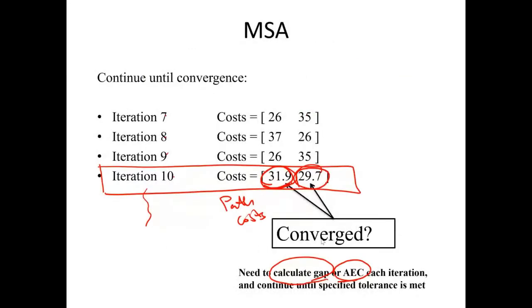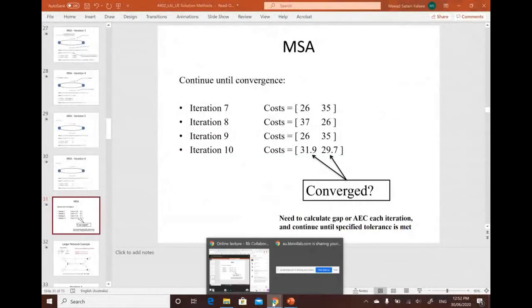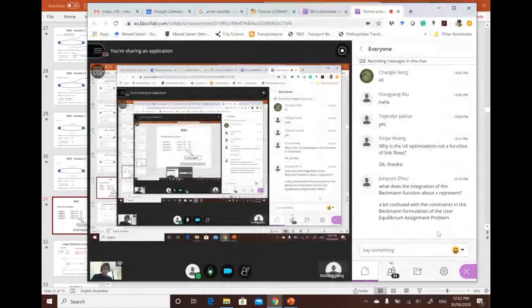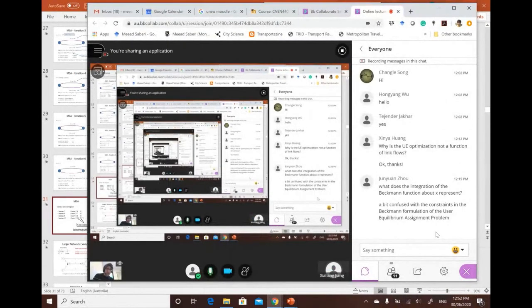I hope I wasn't too fast, or I hope it was clear enough. So if I go back to the chat box, if there is any question, okay, there was a question before. What does the integration of the Beckman function about? John Yuan,